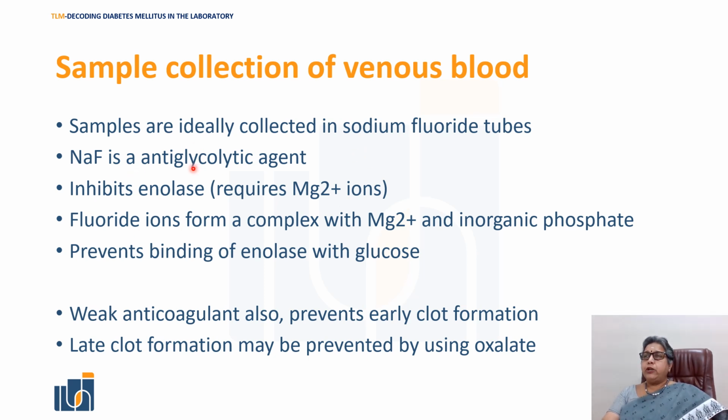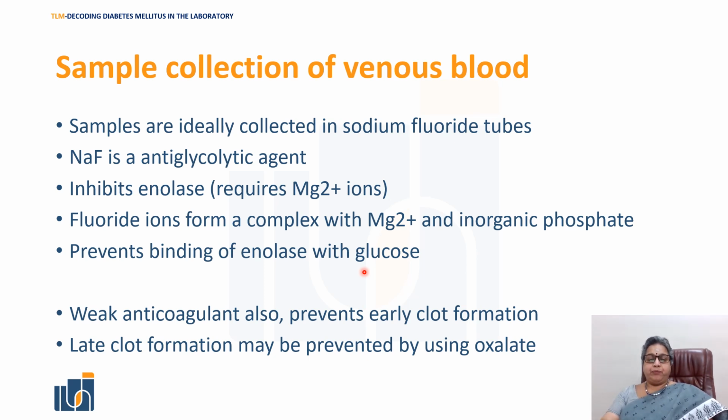Now, what does sodium fluoride do? It inhibits enolase. Enolase is one of the enzymes in the Embden-Meyerhof pathway for glucose metabolism. Now, this particular chemical reaction requires the presence of magnesium ions. So fluoride ions form a complex with magnesium ions and inorganic phosphate. This prevents the binding of enolase with glucose. So when enolase does not bind with glucose, it cannot be broken down. And that is the way sodium fluoride acts as an anti-glycolytic agent in preventing the breakdown of glucose by acting